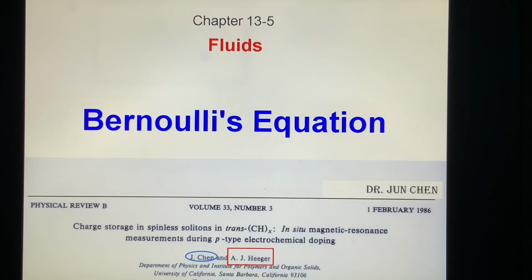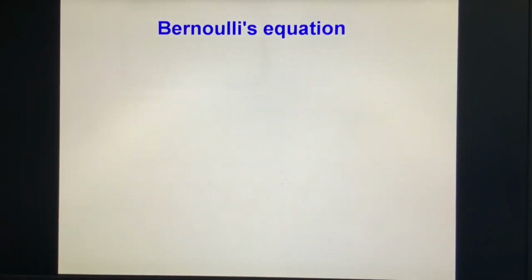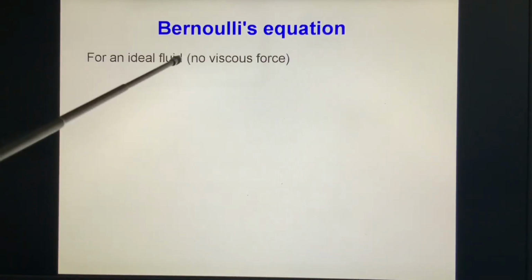Bernoulli's equation. For an ideal flow, no viscous force,